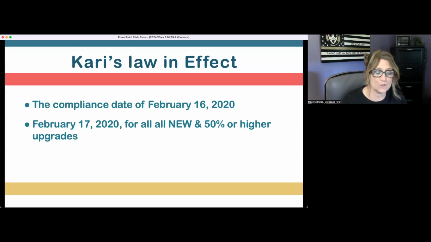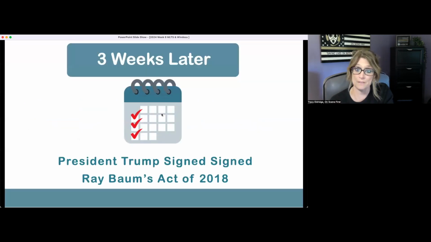February 17th, 2020 is the date that all new or 50% or higher upgraded phone systems have to be Kari's Law compliant. So as I said before, you won't know if a phone system is supposed to be Kari's Law compliant, but what you can do is use Kari's Law for leverage if you have someone in your jurisdiction that is not following the rules and they're not getting their phone system fixed and they're not listening to what you're saying about getting their